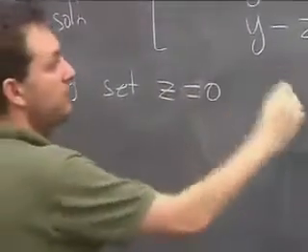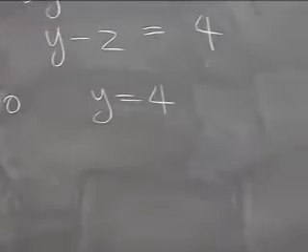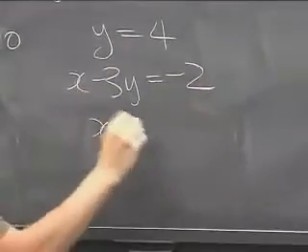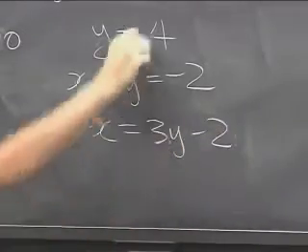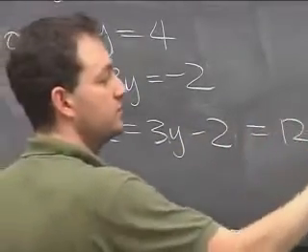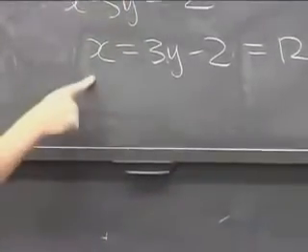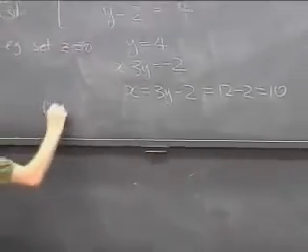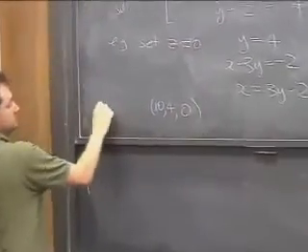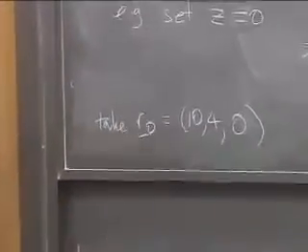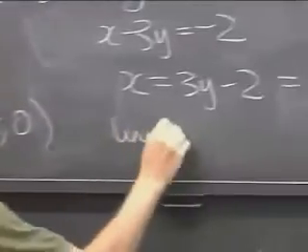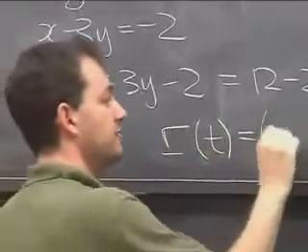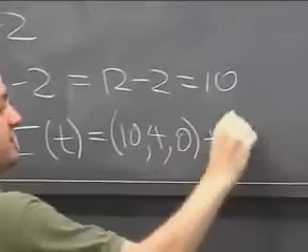So if we do, we get y equals 4 from the second equation. And from the first equation, we get x minus 3y equals negative 2. So x is equal to 3y minus 2. We already know y is 4, so this is 12 minus 2, which is 10. I.e., x equals 10, y equals 4, and z equals 0 is a solution to both those. So we can take R0 equals this. So our line is now r of t is equal to R0, which is (10, 4, 0), plus t times